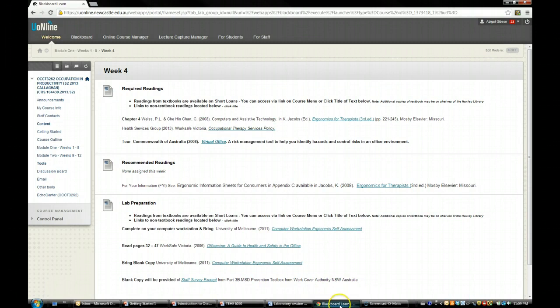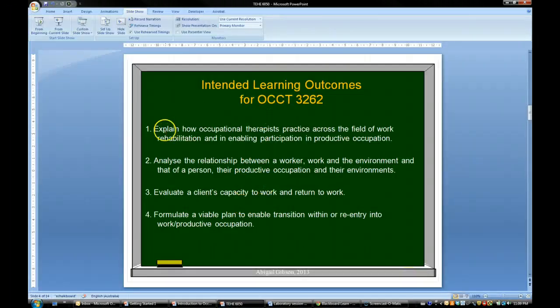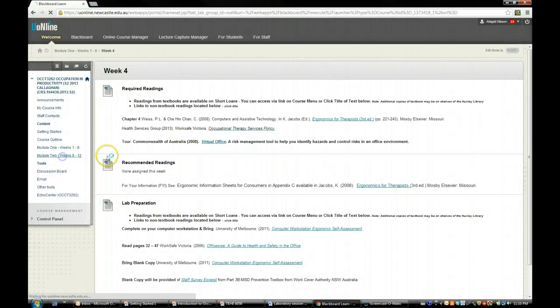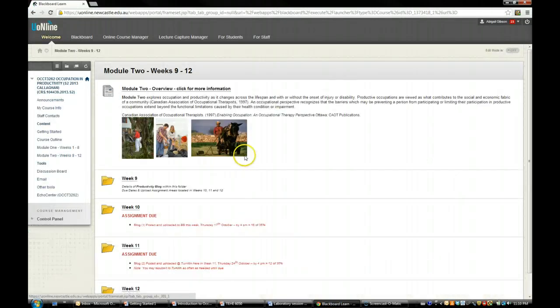Now, just to continue on, they were the first four intended learning outcomes. The next one was looking at justifying the role of occupational therapy for enabling productive occupation within traditional and non-traditional emerging areas of practice. Now, I guess this particular learning outcome is particularly related to Module 2, where